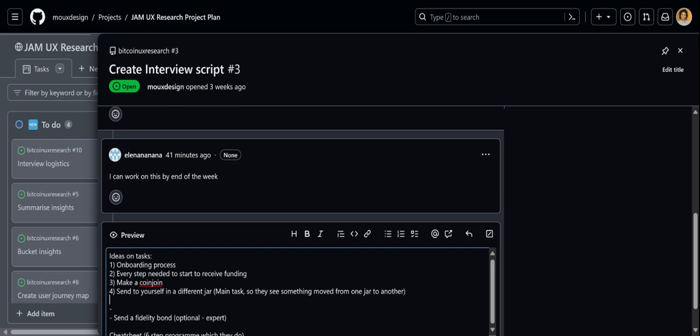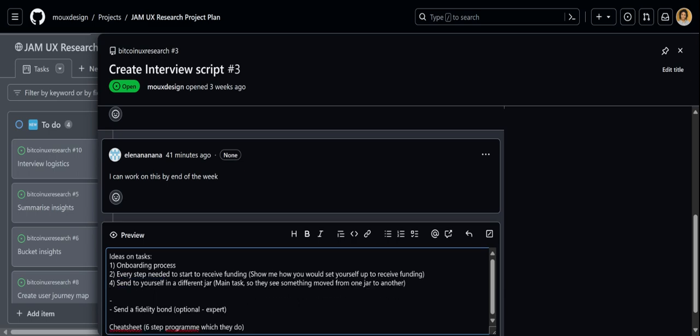I think for every persona, because it's also the first workflow after receiving what we will simulate. It is the next step to set the ground for everything else. Because creating a fidelity bond is based on this sending to yourself. Yeah. And start earning is also based on sending to yourself.